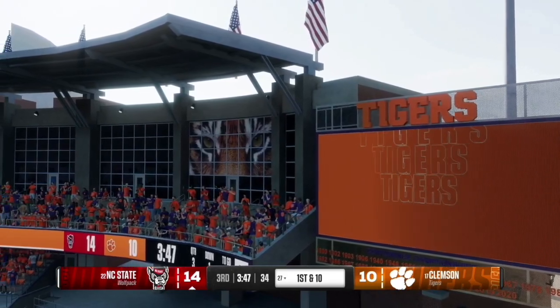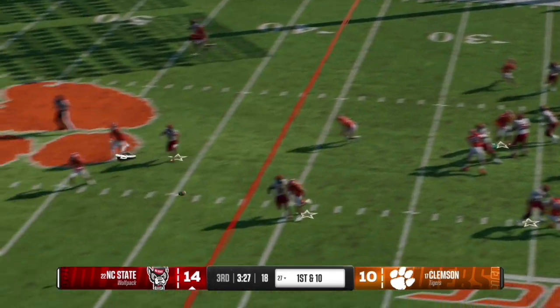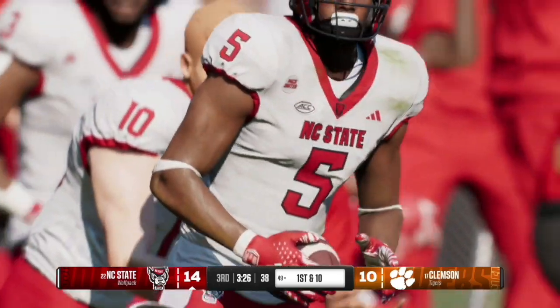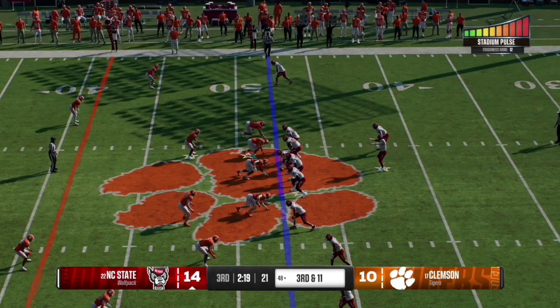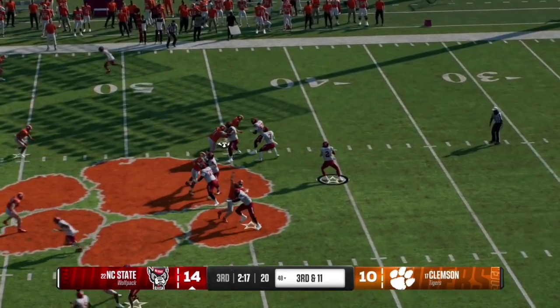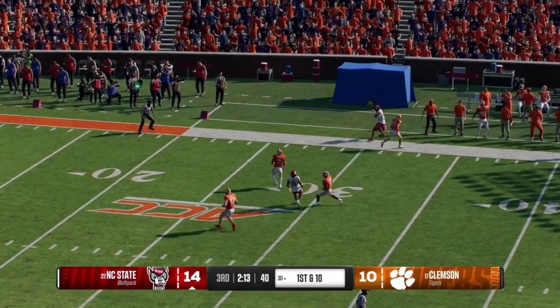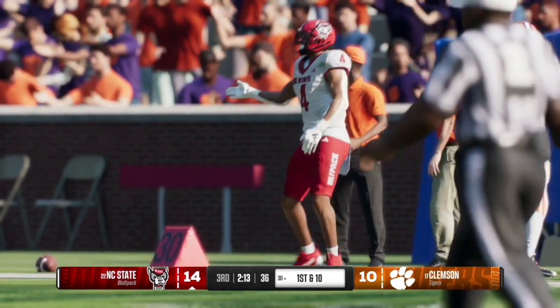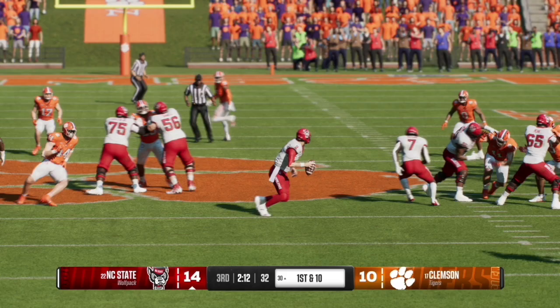NC State first down. Here on 1st and 10, on the play right after, we have a play action pass, and McCall finds an open receiver down the left-hand side as they take it right to midfield at the 50-yard line. Here on 3rd and 11, the stadium pulse meter is rocking. McCall scrambles in the pocket and airs one out to the right side of the field, and the pass is completed to number 4, who takes it all the way up to the 30-yard line and gets NC State in